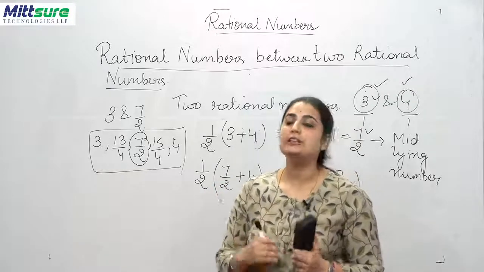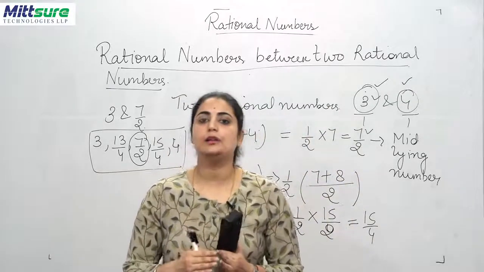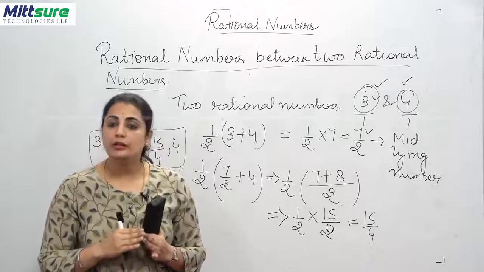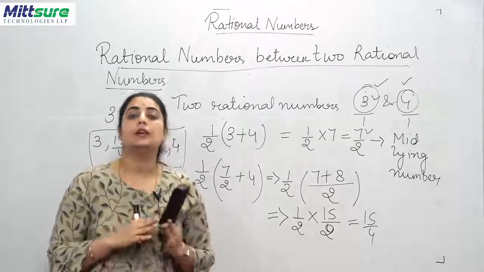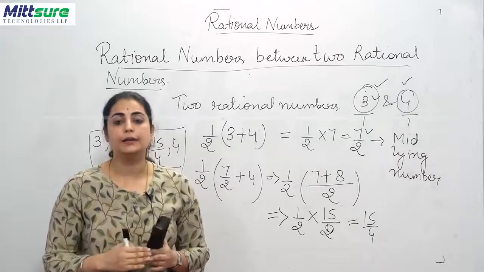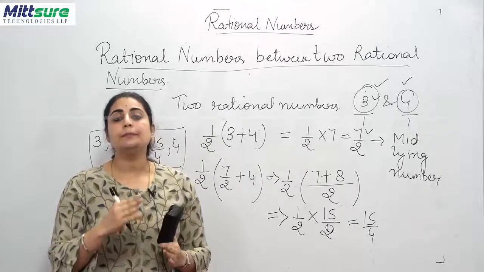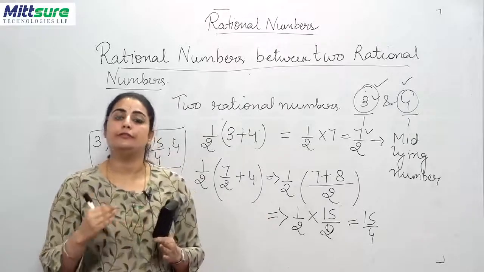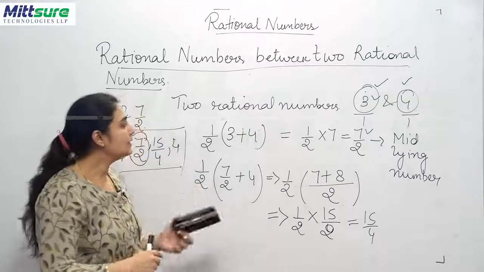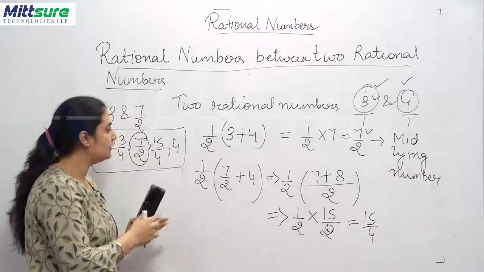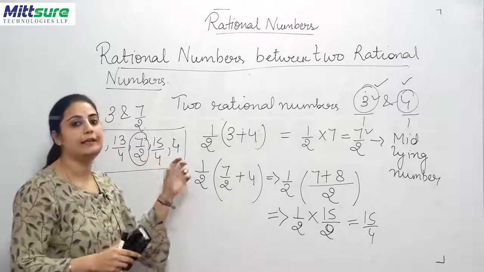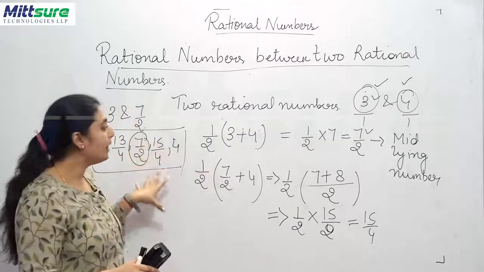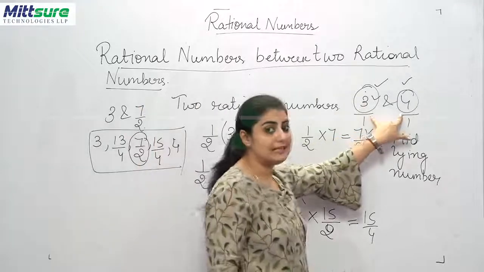If you wish to use the first method, you can use the first method to find the hidden numbers between the two given rational numbers, or you can use the formula of finding the midline number and then repeat the same formula in a series of calculations to find the different numbers. Although this is a long process, because obviously again and again you will be finding the midline number between the two given rational numbers, it is very helpful when you have two consecutive numbers.